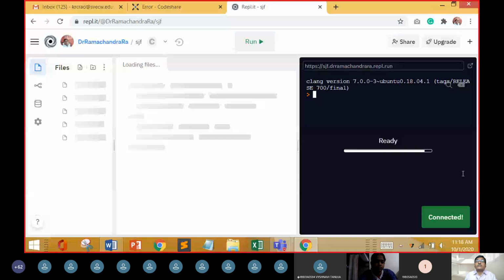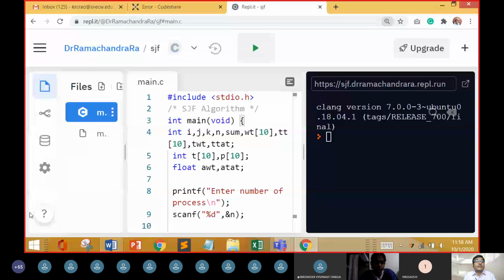Control plus plus to maximize the screen. So this is what we are discussing.